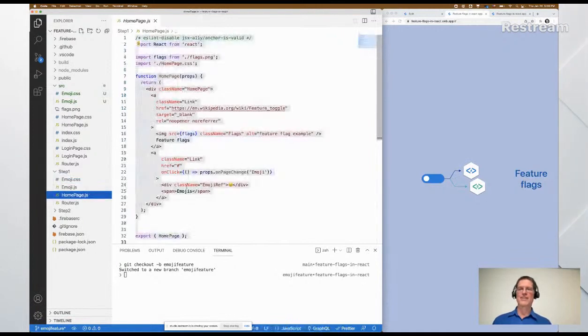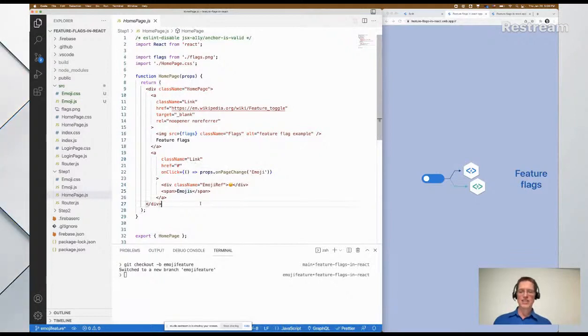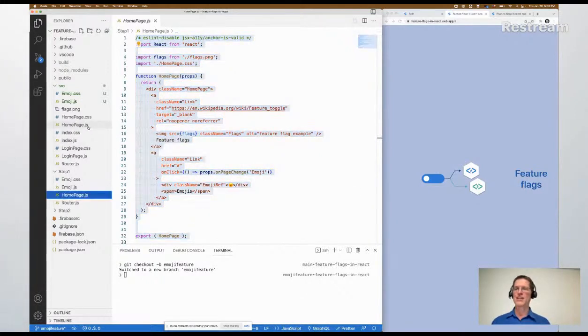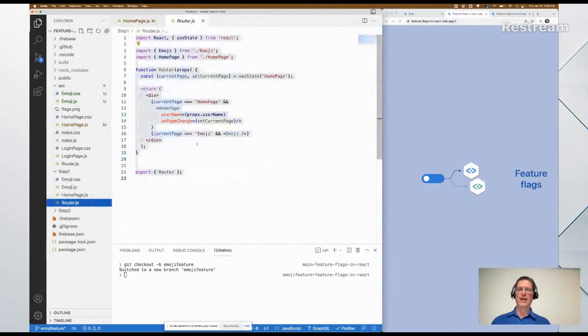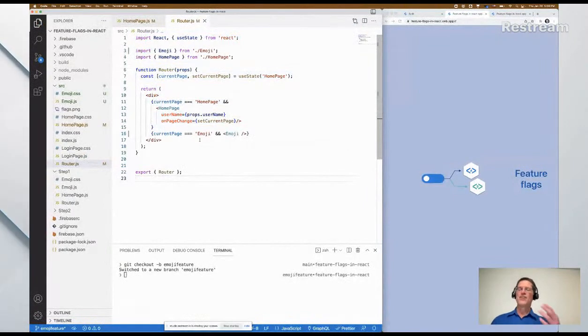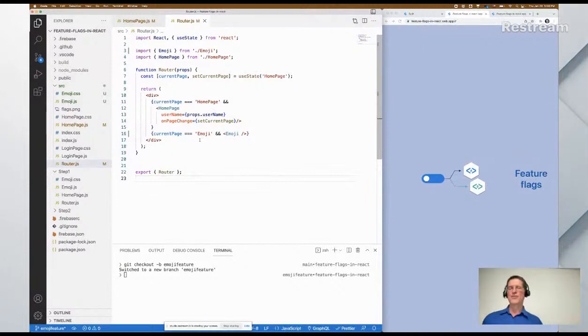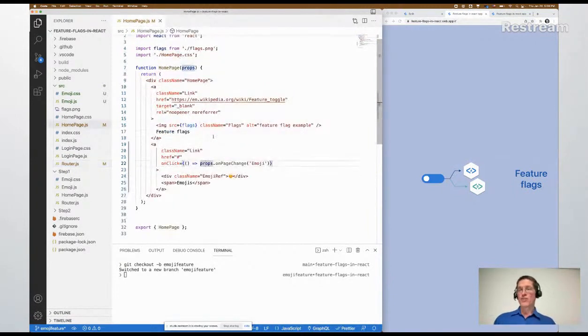You're going to go and we're going to take to the home page and add a link to allow us to choose the emojis. So let's take the home page here and put it in here. And then we need to modify the router to actually show the emojis. And as you're going along on your 2-month development cycle, you're continuing to merge main, and it's a lot of pain. You resolve the conflicts, and sometimes you make a mistake and you have to kind of break things, so you have to fix that. But your development cycle goes along, and you get to the end of your 2-month cycle,